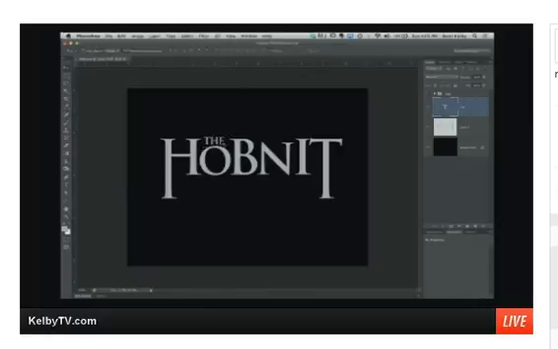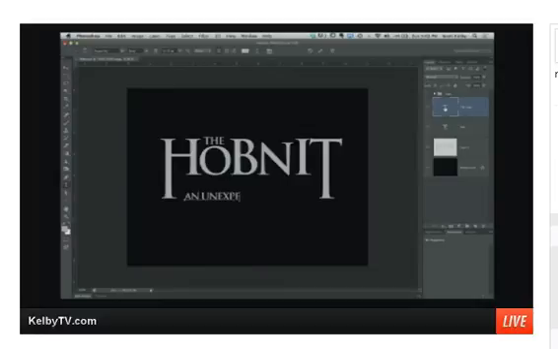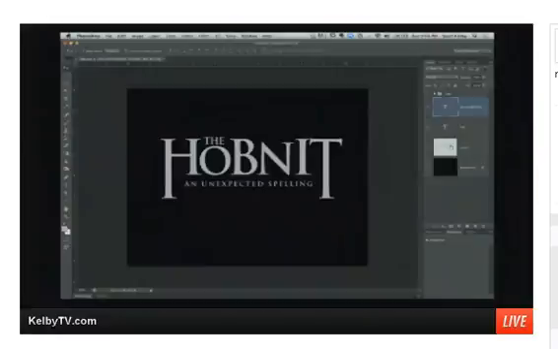Now, and then we're going to put some text below it. I'll duplicate that layer, and we'll say an unexpected, and that's probably a little too large there, that type. So we'll make it small, and I'm increasing the space between the letters by doing the opposite. When I was tightening, I was going Option left. We're going to do Option right, and that spreads out the type. Layer here. Go to effects, and the rest